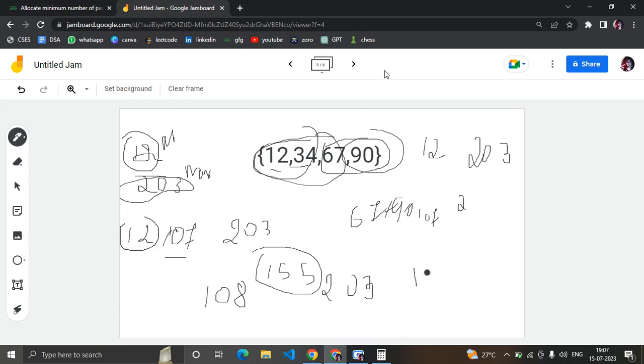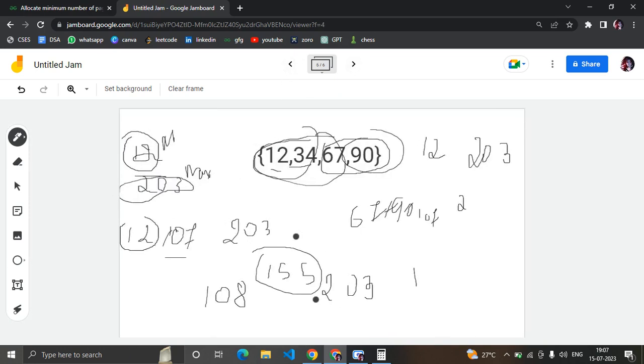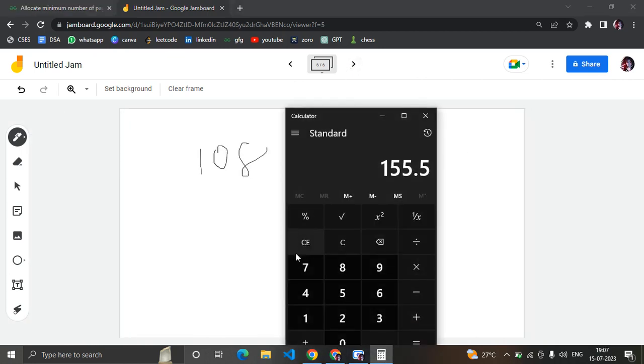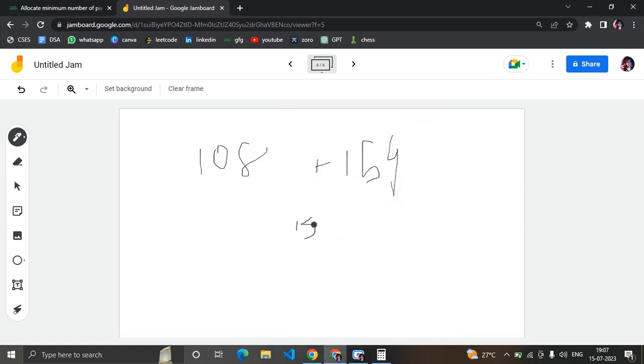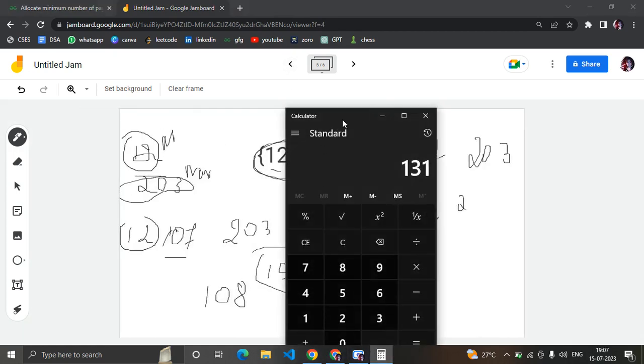So now it is 108 till 154. Now 108 plus 154 divided by 2 is 131. We'll check whether 131 is a feasible solution. Yes, it is, because if you see,